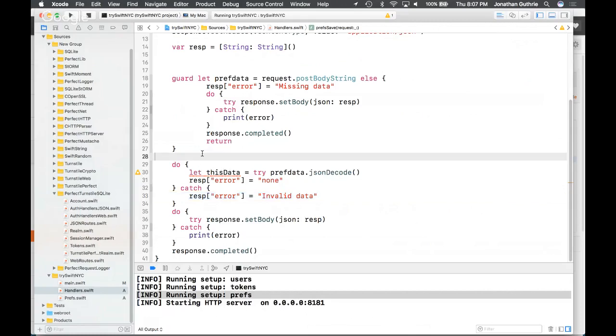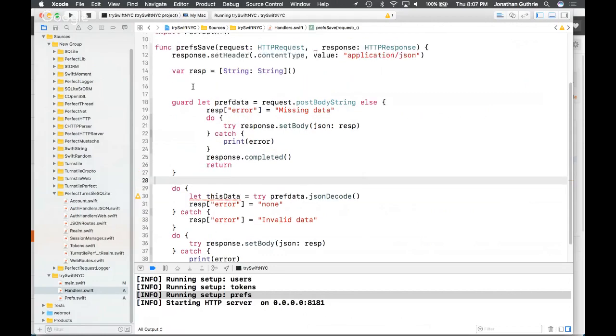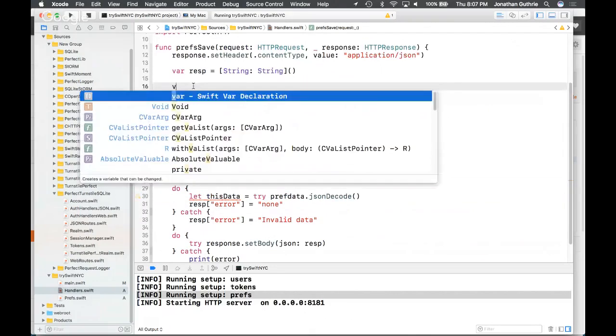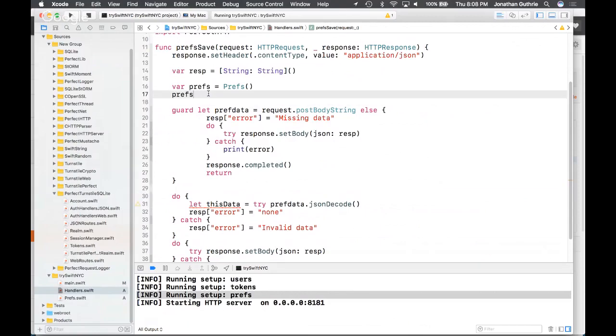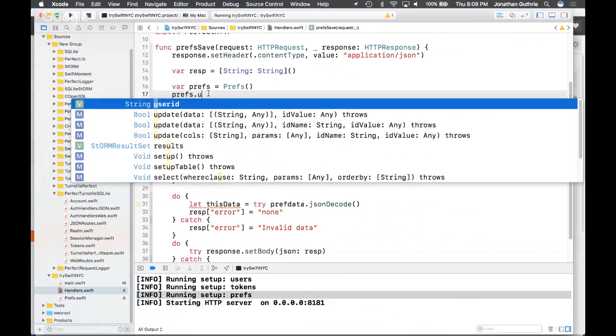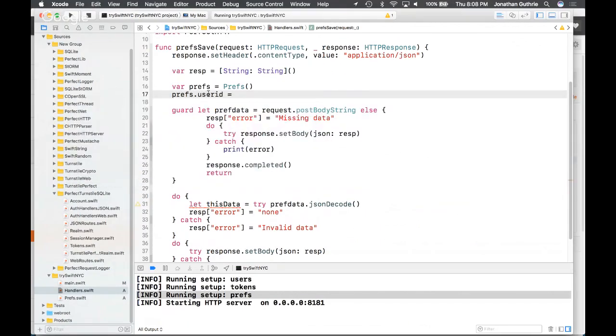So I'm going to change this slightly, right at the top. I'm going to var prefs equals prefs. First thing I'm going to do is set my user ID to be equal to our user that we should have, right?